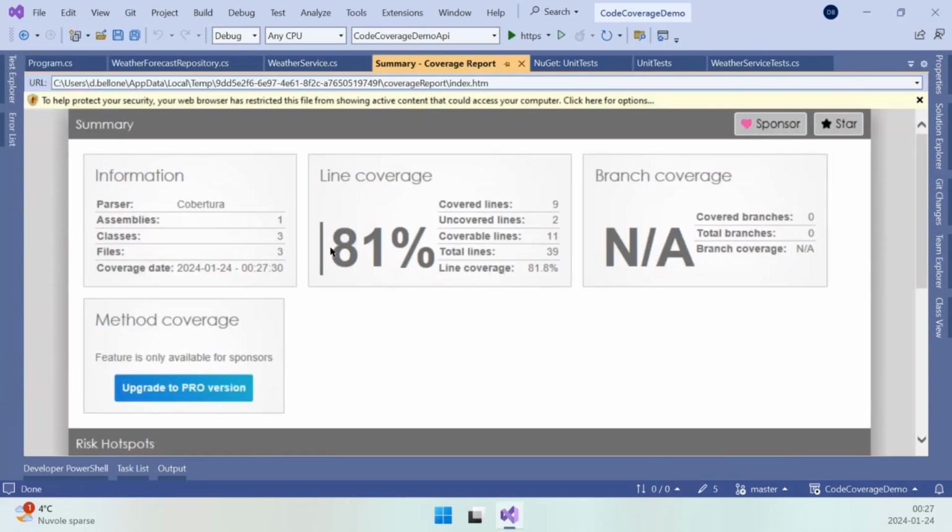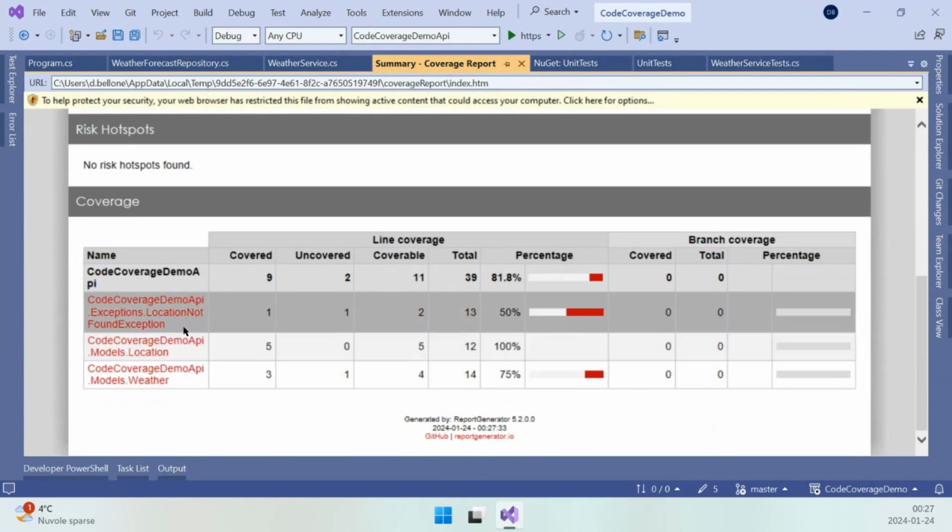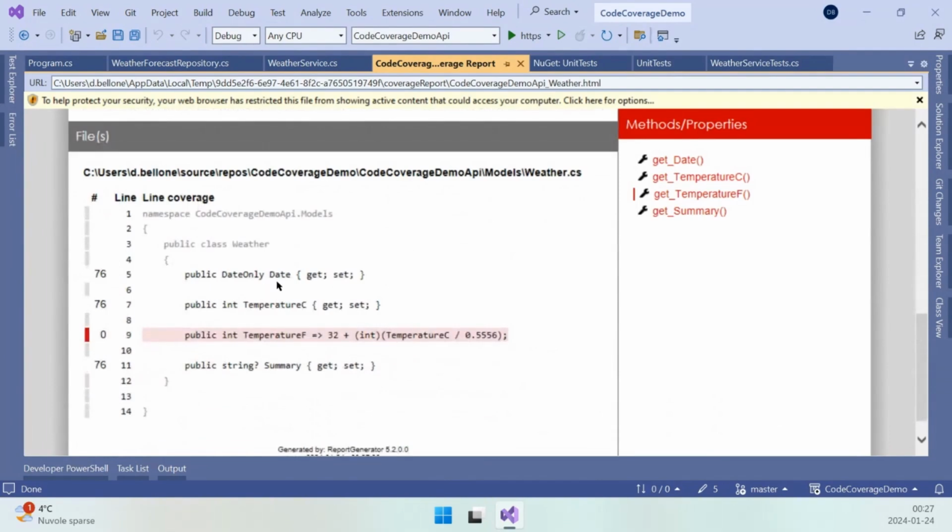All right. And in fact, here we have 81% code coverage without having written a single test. Because you've dramatically reduced the total lines. Exactly. We just excluded almost everything. We just have those 3 classes, which, by the way, are just POCO classes, so we shouldn't have even tested them at all. Right. So yeah, this is